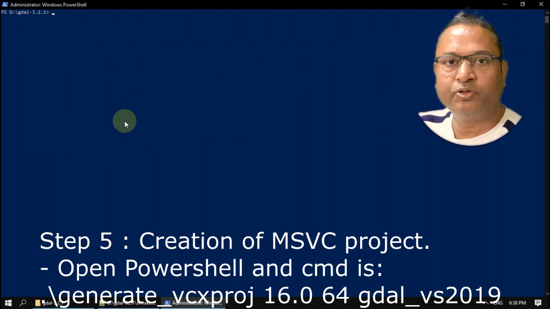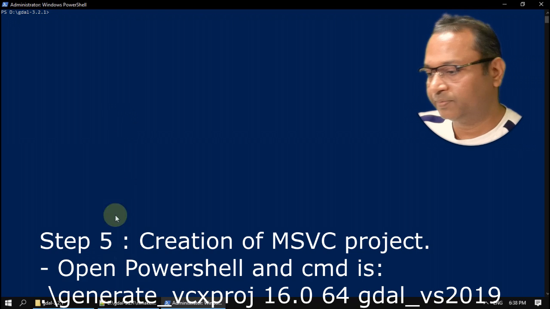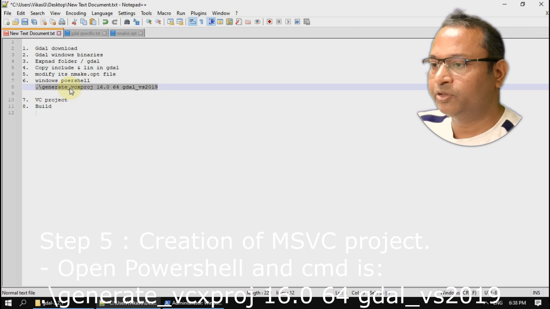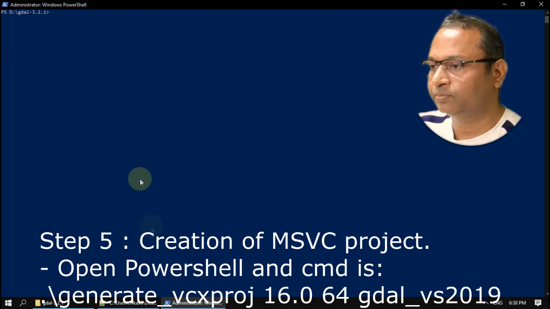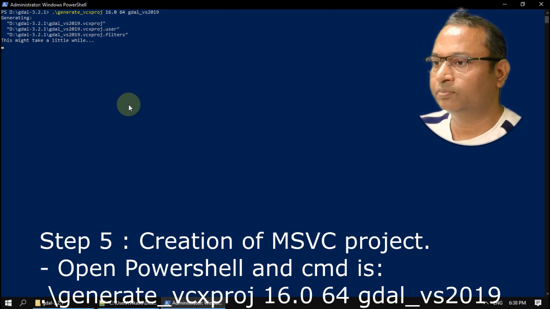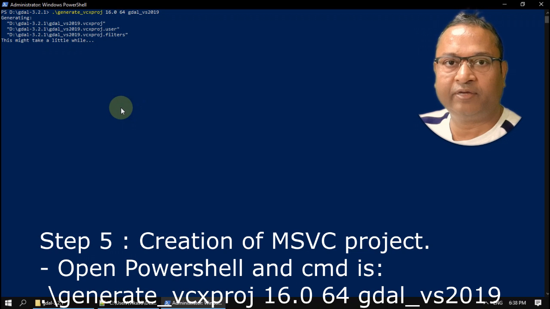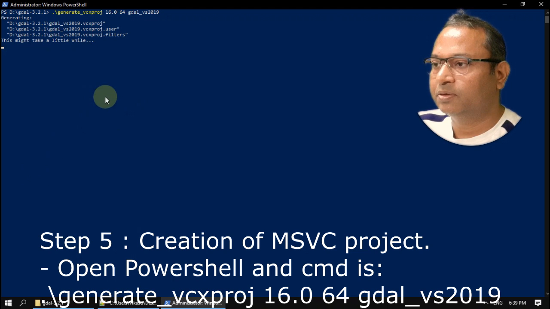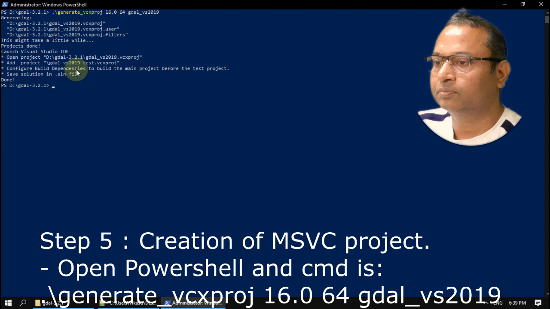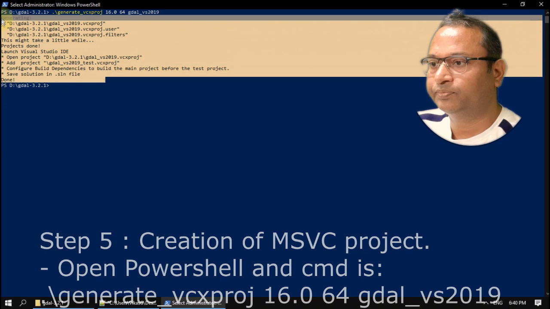Now once you are in the GDAL code folder, you need to execute a particular command. Here it is required to execute this particular command. This step will take one or two minutes to build the VC project. Okay, now the VC project is created, as you can see.